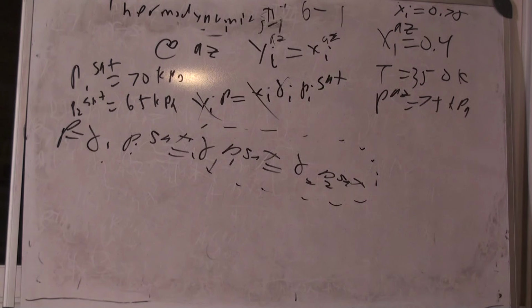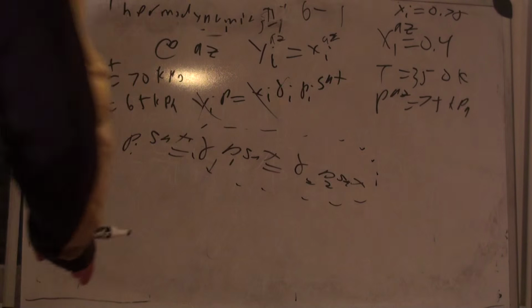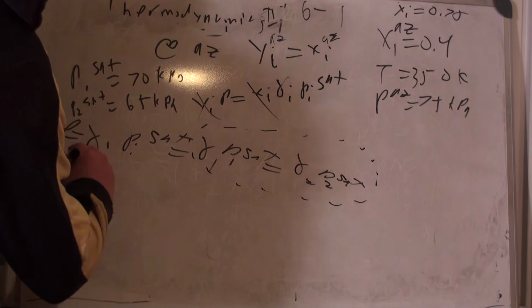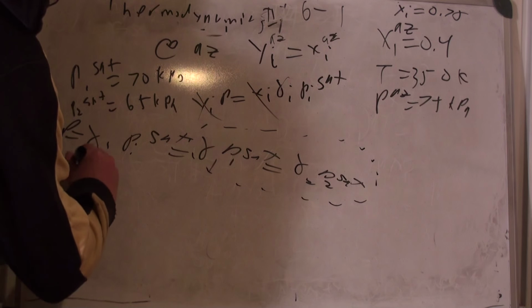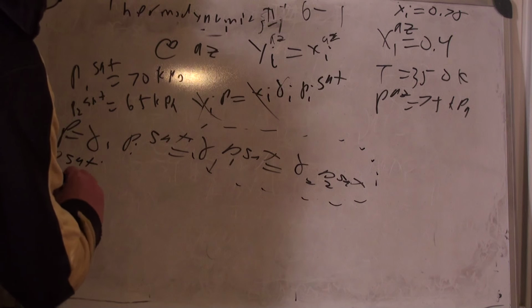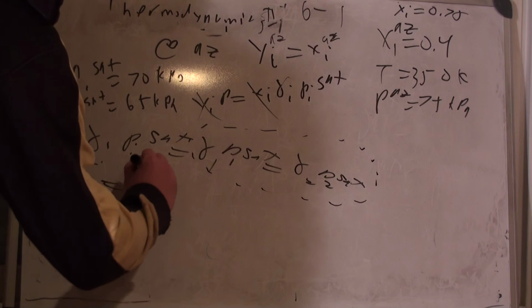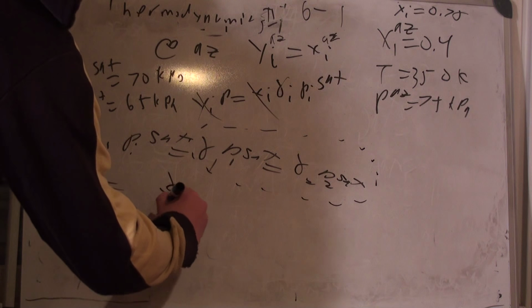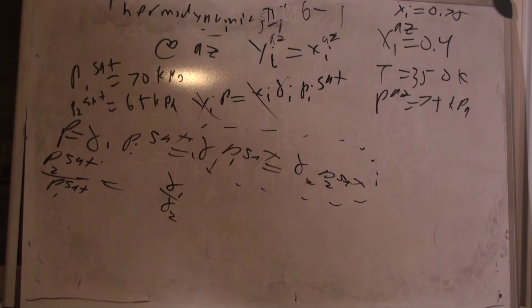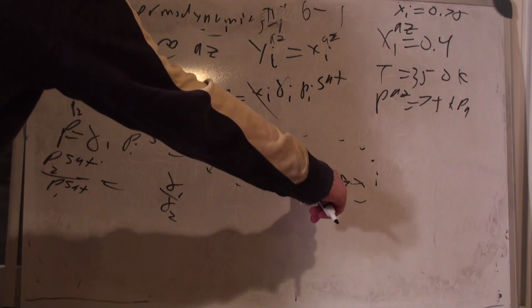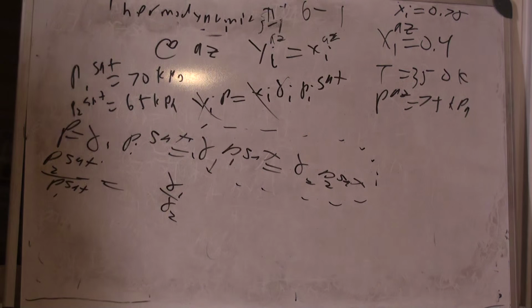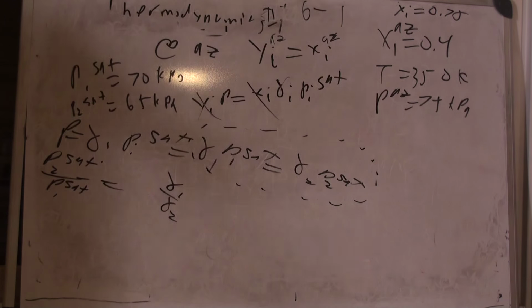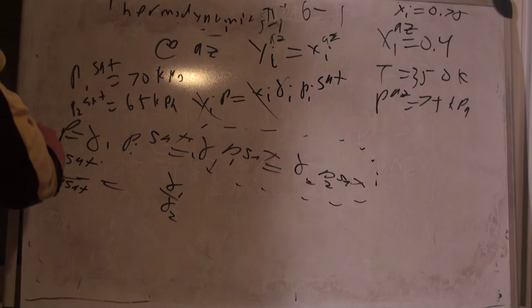And so what I want to do is separate them and rearrange this. I want it to be P2 sat all over P1 sat, which is equal to gamma 1 over gamma 2. Well, shouldn't it be gamma 2 over gamma 1? No, because I'm bringing this one over here and I'm bringing this one over here. Now, I can keep it that way, but I want to put RT natural log